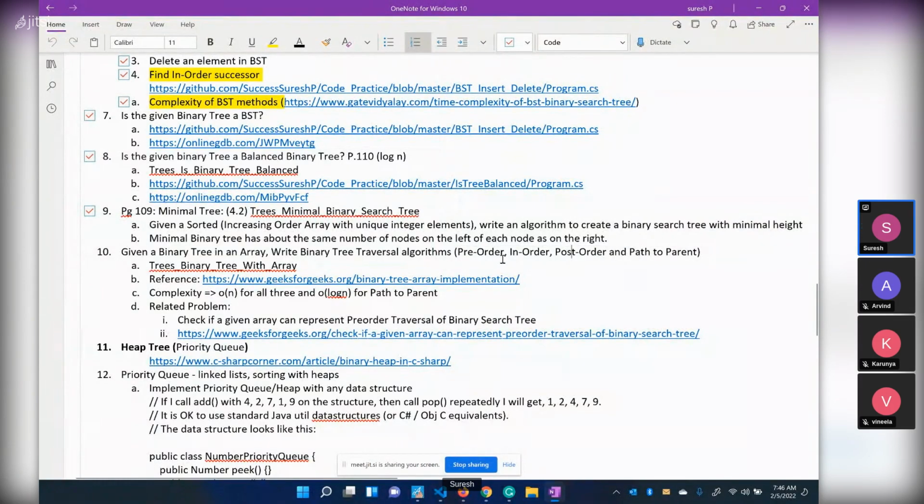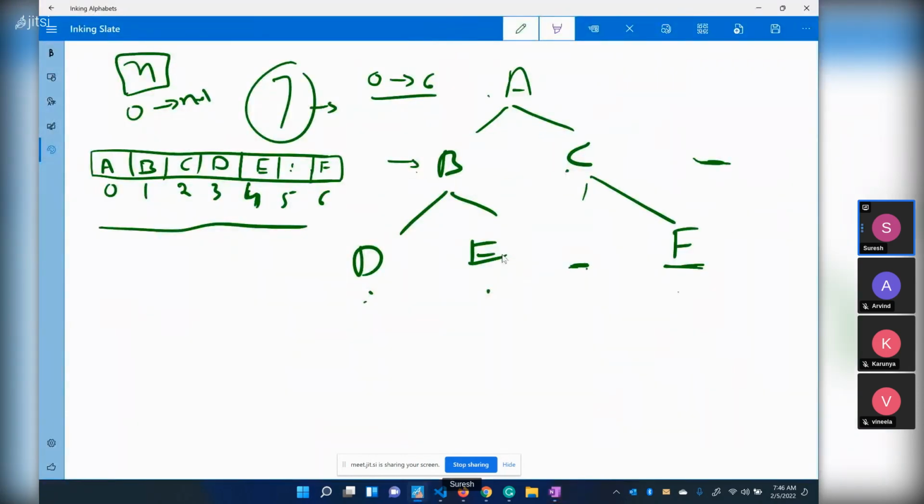So how can we do this traversal in the array itself without creating another data structure? Basically, we already have an array. We are not going to create a node with left and right like this. We are not going to create a separate data structure. How can we utilize this array to print the in-order, pre-order, post-order? So let's look at the algorithm here. Let's put the indexes also here: 0, 1, 2, 3, 4, and 5 is null, and 6 is here, right? So now let's